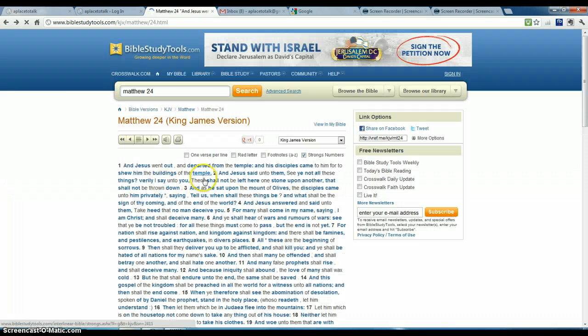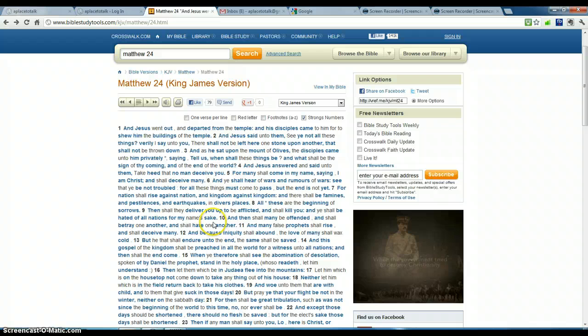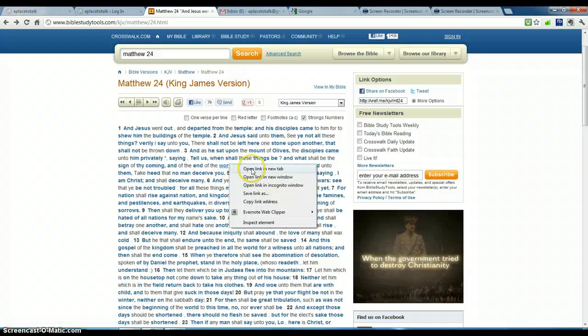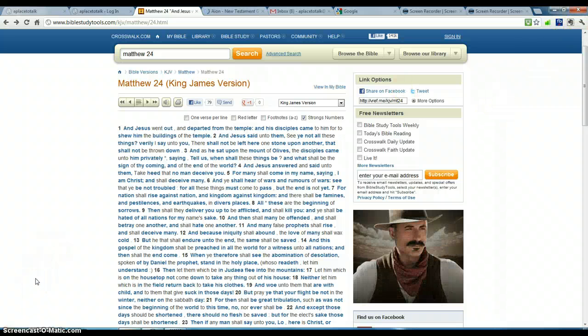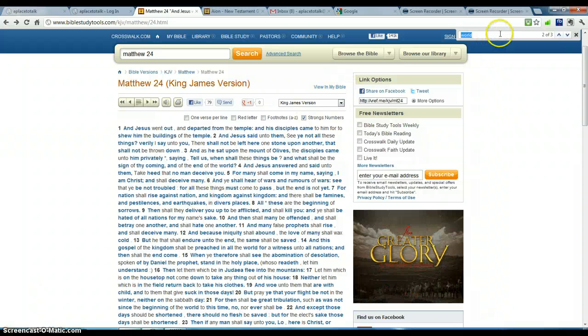I prefer to right click on the word world, go to new tab, and to find the words world in there, I press Control F, and that pops up find. I can type in anything. I typed in "and" before, and it highlighted all the ands. I typed in world, and it highlights all the worlds. So there we go.